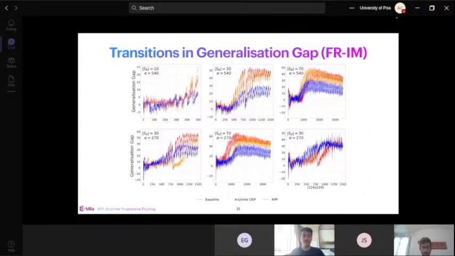And as I said, one more caveat is that APP, denoted by the blue line, in most cases, if not all, probably all the cases, has a final generalization gap, and across all the megabatches the generalization gap is significantly lower than in the case of OSP and baseline.